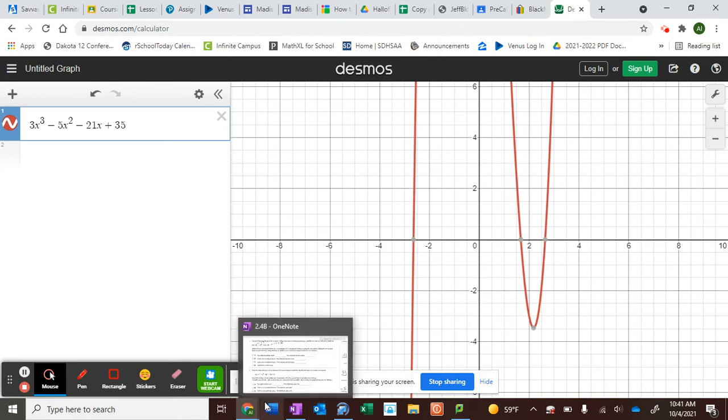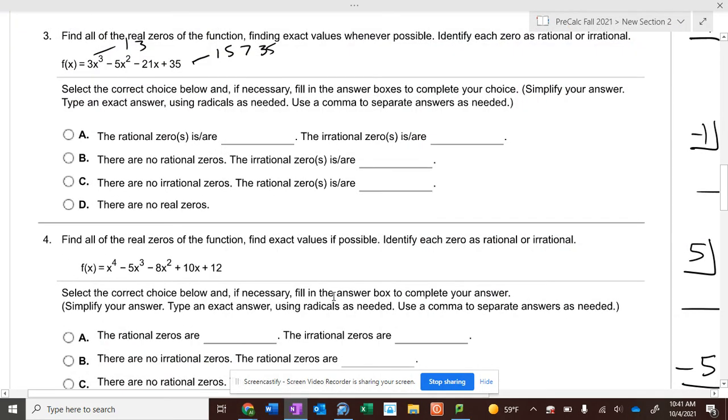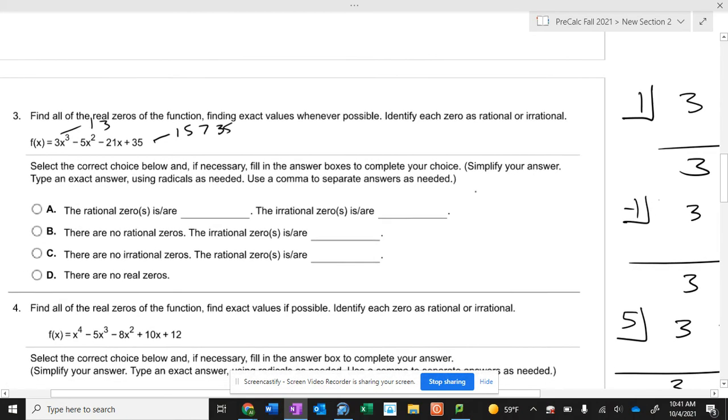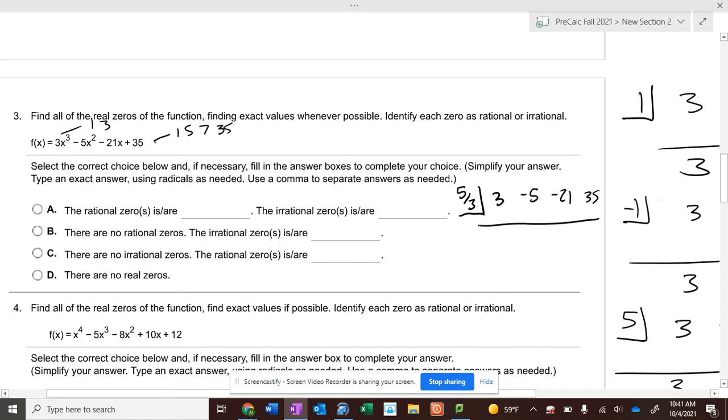Which is just enough information to help me out. So if we have 5/3 here, because the graph said 5/3 will work, let's see what that does for this. 3, -5, -21, 35. 3 gives us 5, gives us 0, gives us 0, gives us -21, gives us -35, which gives us 0. Okay? Which gives us 3x squared minus 21